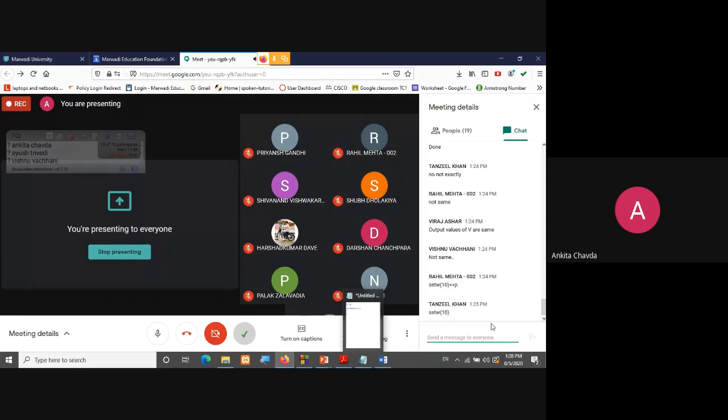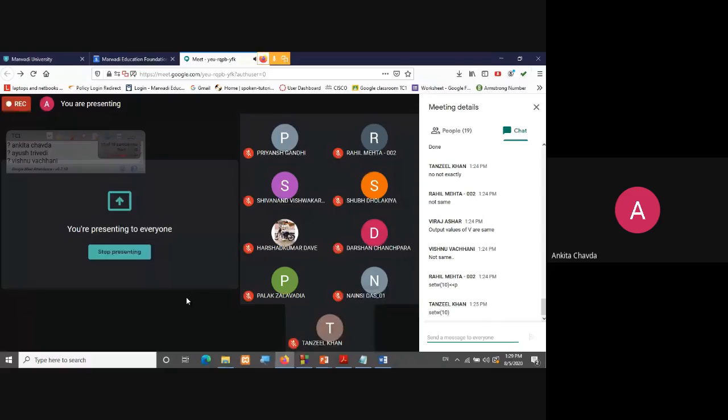I think yes or no. Anyone can unmute and answer, please. I'm asking whether you have used P into 1 plus r raised to n. It is not multiplication with n, but raised to n. Right? So you are getting the same output that I was showing you, I hope.